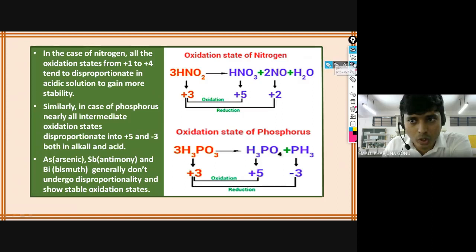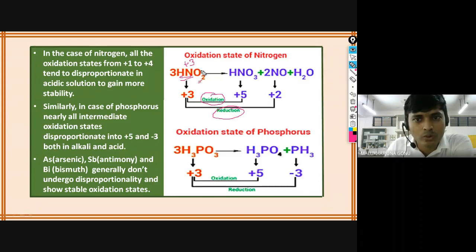Yes, very good. So in any reaction, if both oxidation and reduction are taking place, it is disproportionation. The oxidation state of nitrogen here is +3. How is it +3? O2 here is -4, and here it is +1. So -4 +1 means total -3. So the nitrogen oxidation state is +3 here.